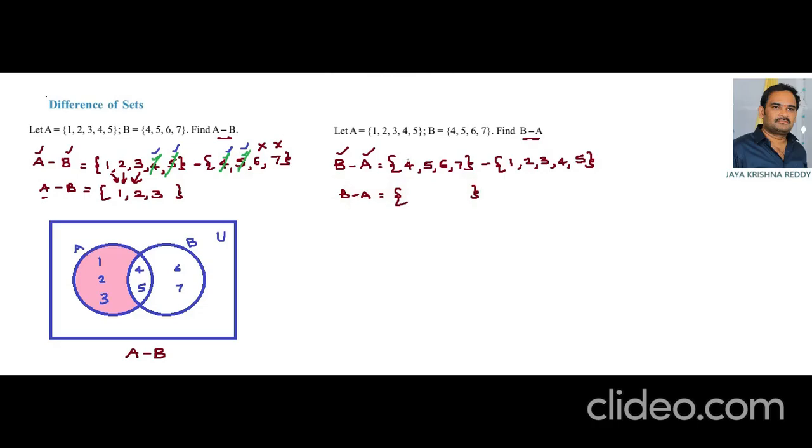The common elements are 4 and 5. Now write the remaining elements from the first set. First we have set B, so you have to write the elements from set B. The elements are 6 and 7. So B minus A equals the set with elements 6 and 7,